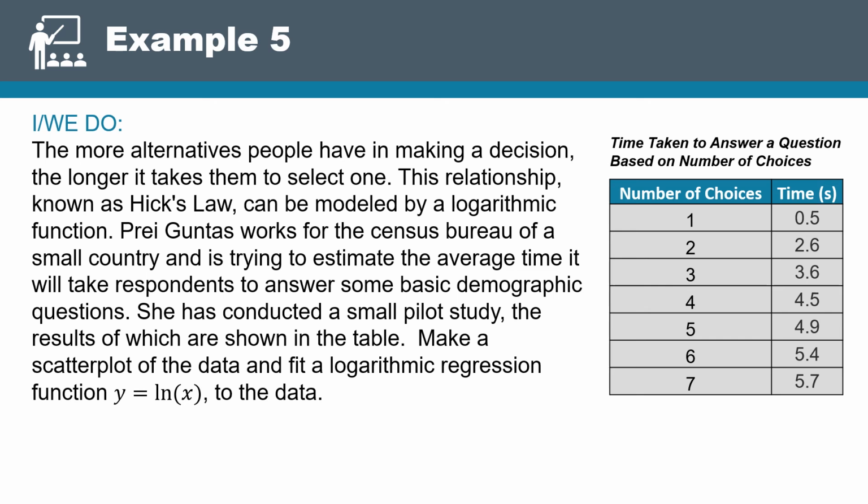She has conducted a small pilot study, the results of which are shown in the table. Make a scatter plot of the data and fit a logarithmic regression function y equals a plus b natural log of x to the data. So copy this data into an Excel spreadsheet,